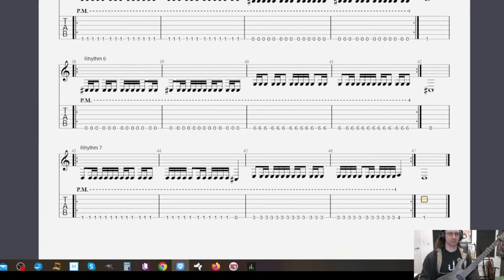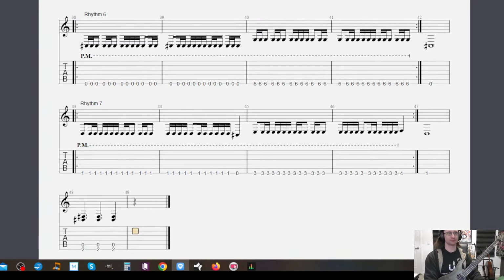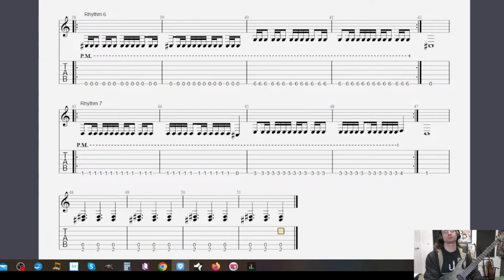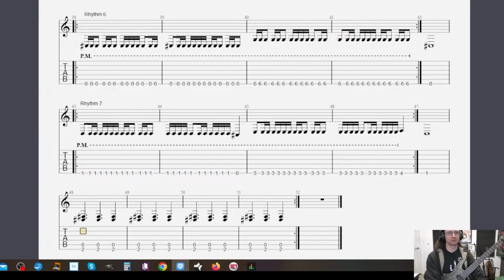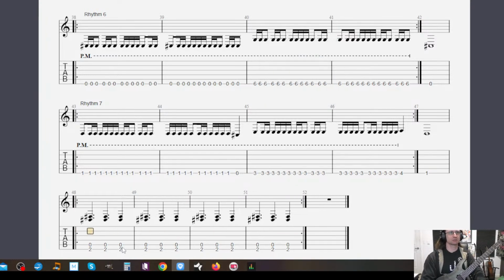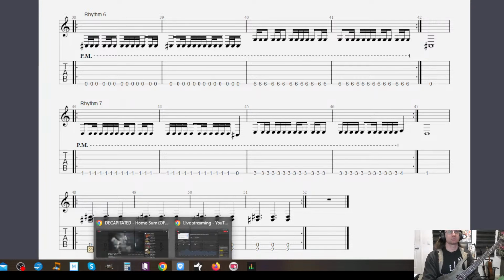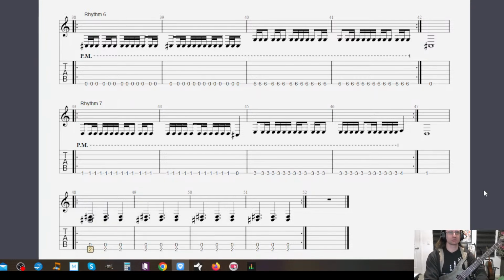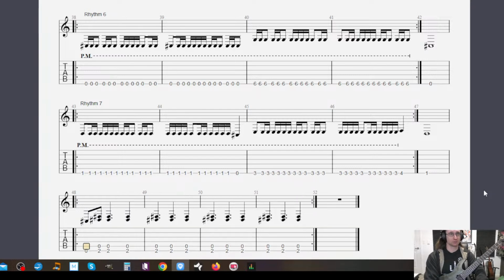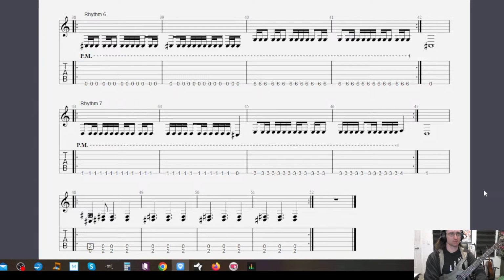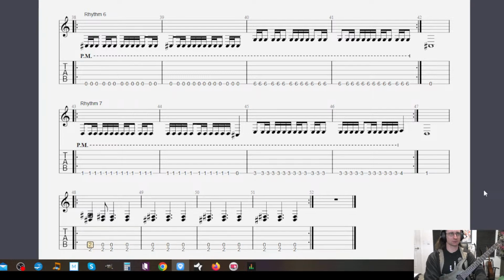Let's be rhythm number 8. Going to write this rhythm out two different ways. Okay, now that needs to be this, and that's here.